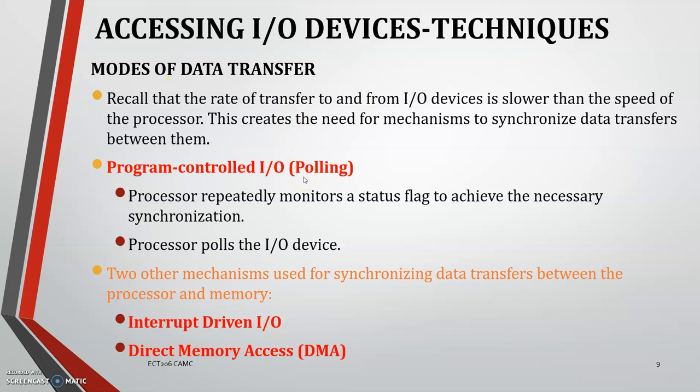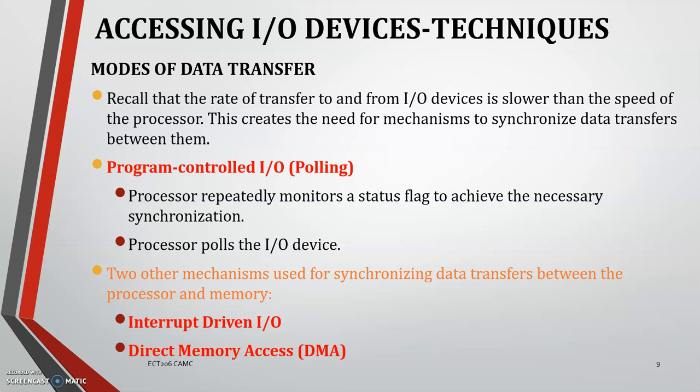Polling method means the processor continuously monitors all the I/O devices. When an I/O device would like to transfer data, or an input device would like to input data, the input status register in the input device will indicate it with a flag bit, which shows that the input device needs to input data. So the processor repeatedly checks the status register of all the I/O devices connected to it. This method is called the polling method. It monitors one after the other.